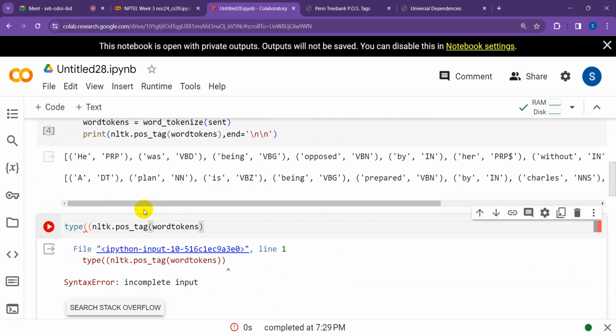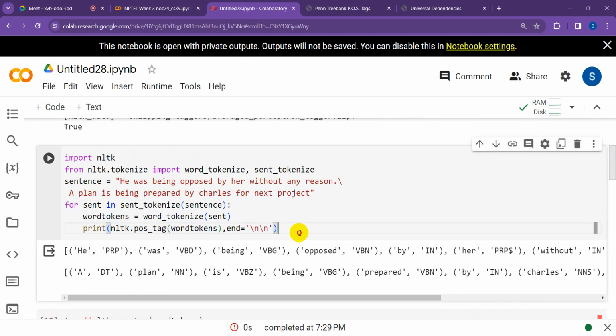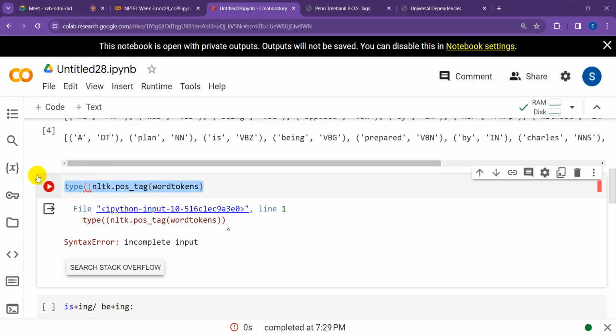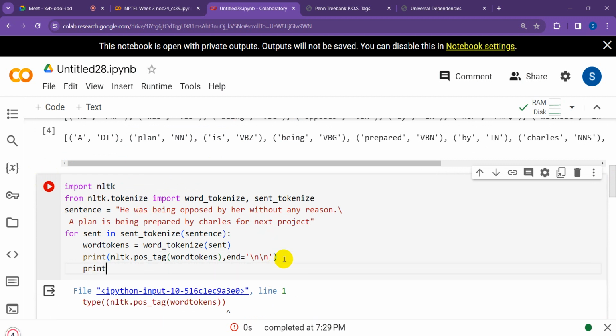What are we missing here? Okay, I guess this variable was defined in the scope of this, right? So that's why it says this word_tokens is not there, because its scope ends outside of the indentation block. So what we can also do here is print type of